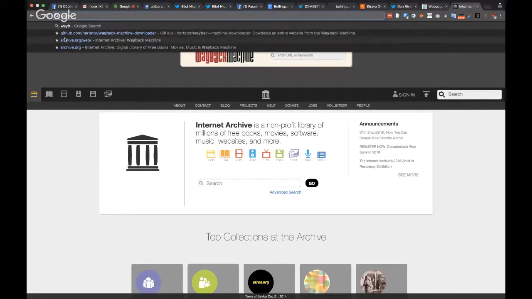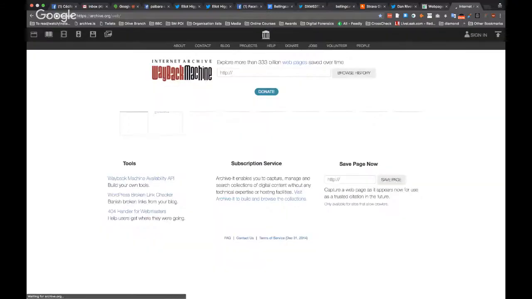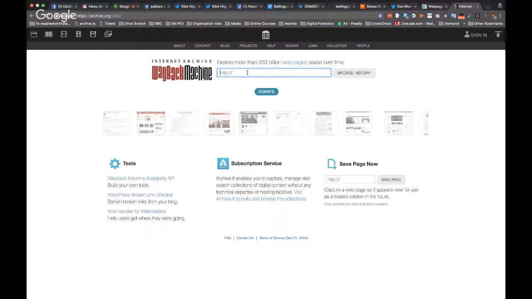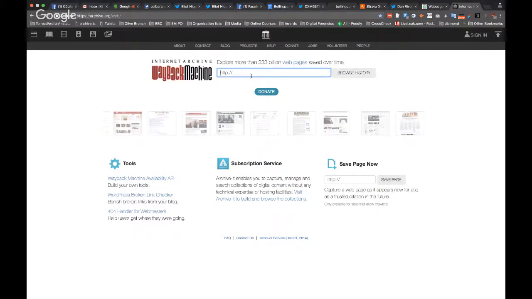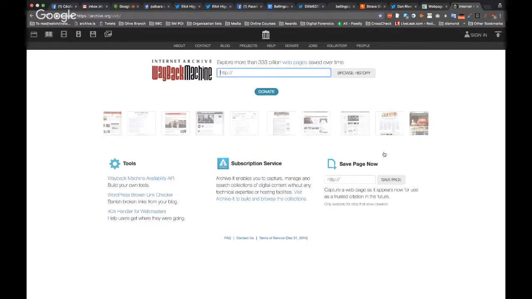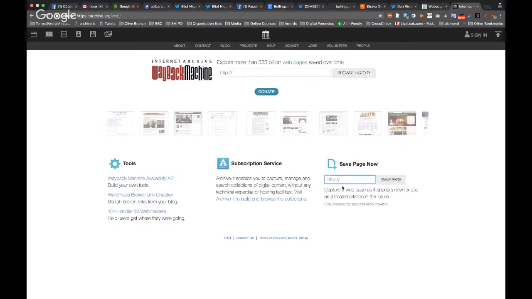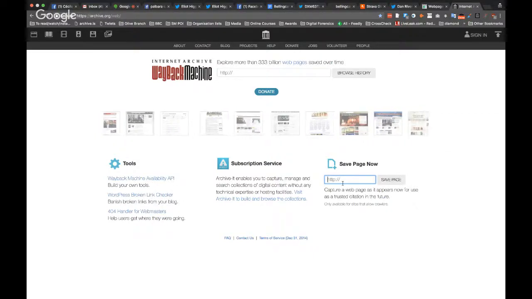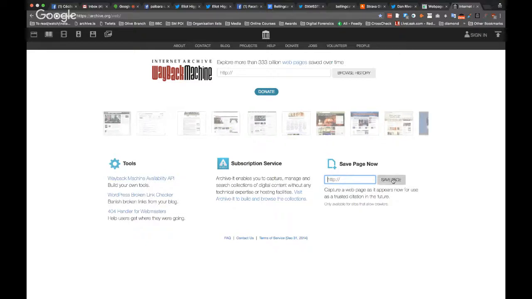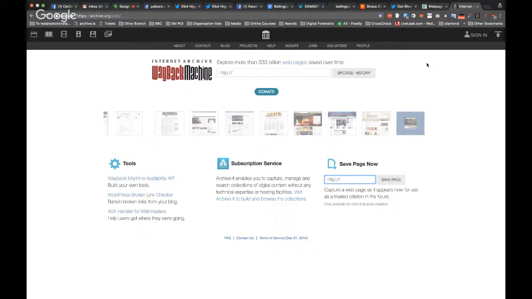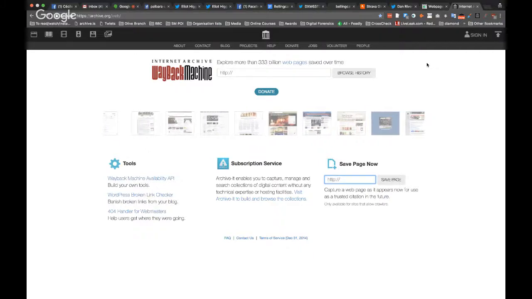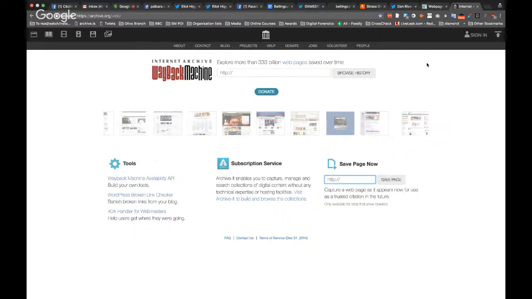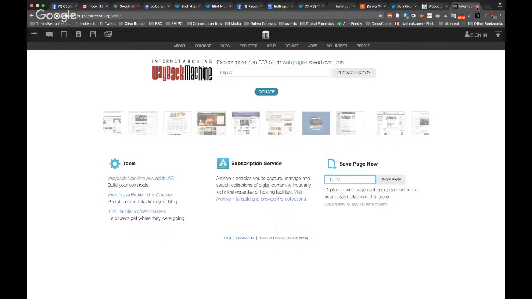So if we go to the Wayback Machine actually, archive.org/web/, here we go. You can explore by HTTPS or HTTP link, or you can capture a screenshot yourself by putting in the HTTP or HTTPS URL of the page or of the profile of the accounts you want to save and put it here, and then save the page. The strength of this is it stores it for other people to be able to use, and also for yourself. So if someone deleted it after, it makes that information available again.